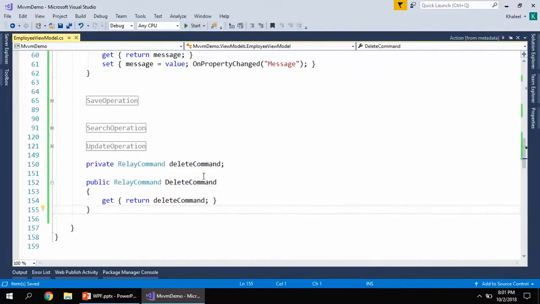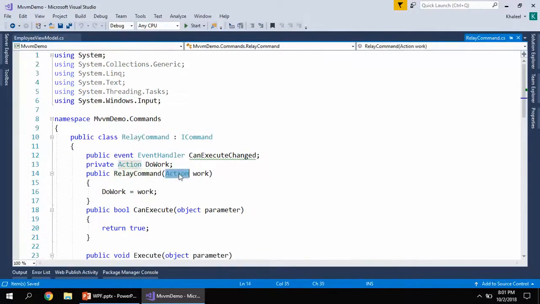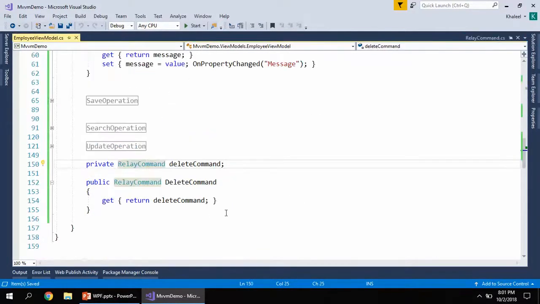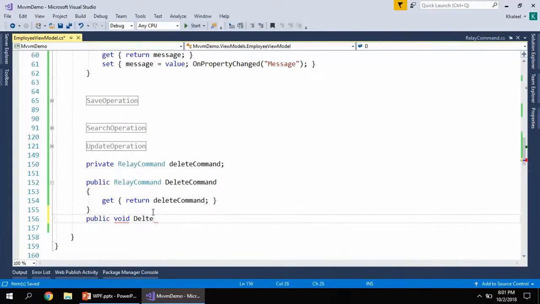Now when it comes to creating the instance of this command, once again we need a method which can be passed as the parameter, because our relay command class here takes an action delegate as parameter. So we'll create a method public void delete.